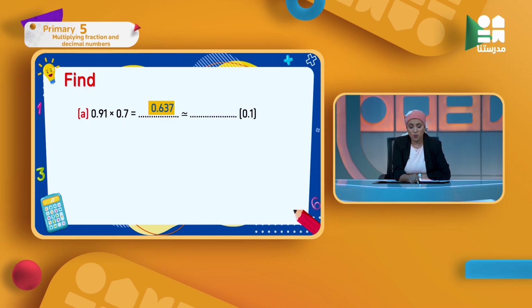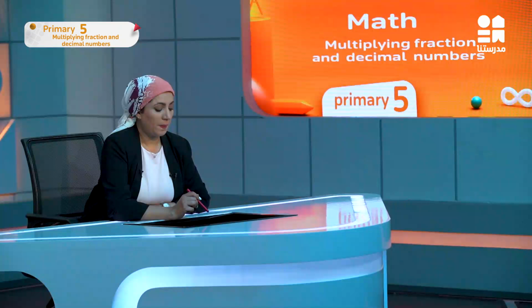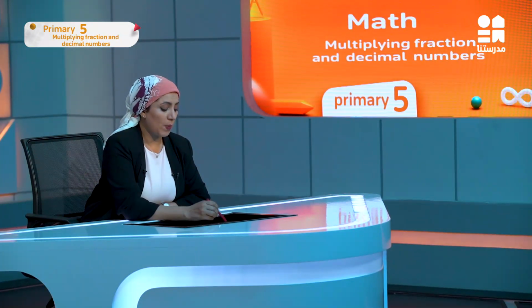The 3 here is one of the weak next door. So the 6 will stay as it is, so it will be 0.6. Another example, 7.05 times 0.05. Again, take away the decimal point and multiply them together. The answer will be